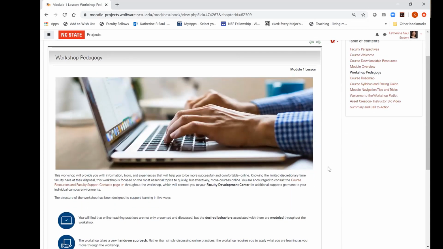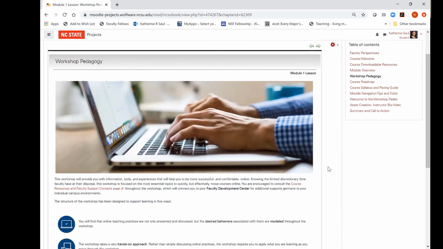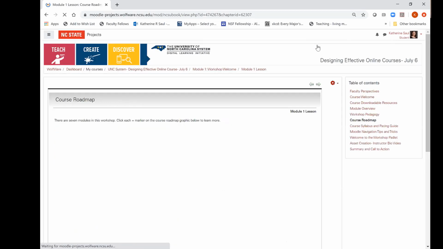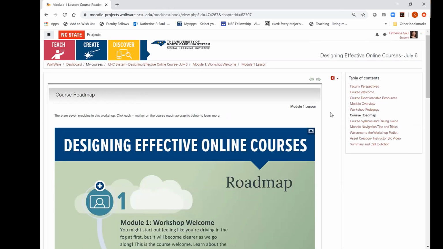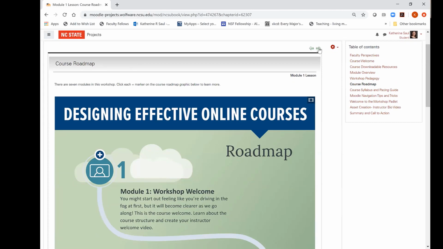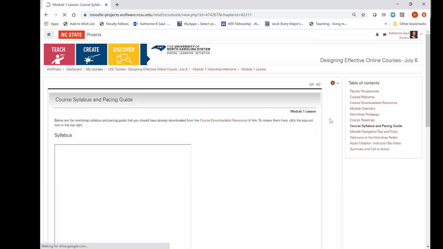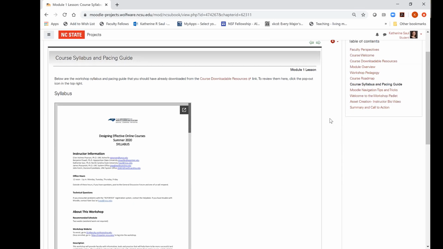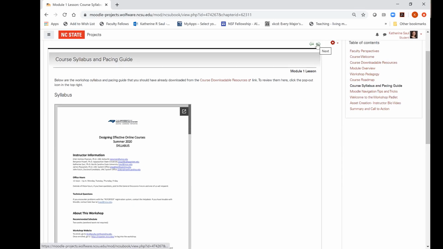We focus on the pedagogy rather than just the technical issues of how to move something online, although we provide that infrastructure and support as well. We use interactive elements like the roadmap that I shared with you so that you can have different formats for the material that you share and see how you can implement that in an online fashion. We also have a clear syllabus and pacing guide the same way that you would in your online course.